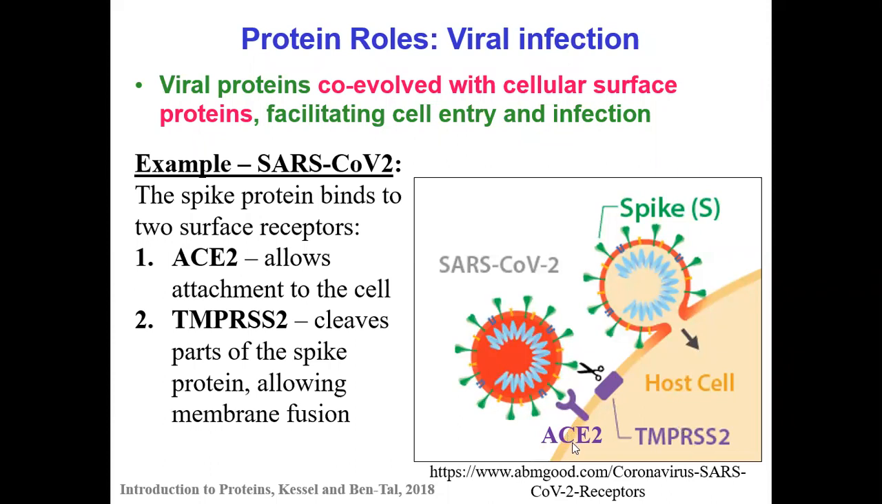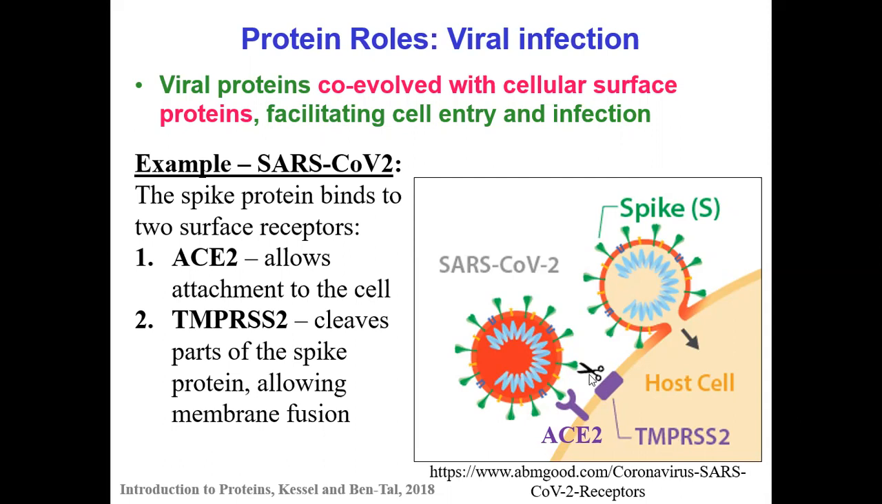The first one is called ACE2. This stands for angiotensin converting enzyme type 2. And this enzyme is a regular protein in the host. It's actually part of the system that regulates blood pressure in animals. But anyway, this receptor, this protein, recognizes the spike protein, allowing the virus to get close to the cell. And then the other protein, which is also an enzyme called TMPRSS2,